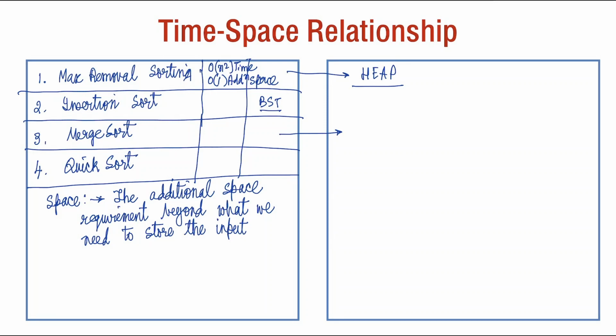The question is, can you do merge sort by merging two sorted lists without using an additional intermediate array in order n time? So in place merge. So the question of in place merge in order n time is another important question. Finally, quicksort, if we want to get the order n log n complexity in the worst case, what can we do? So this whole time-space relationship of sorting, and in general for various algorithms, is a very important concept, and we shall discuss it further as we go ahead.